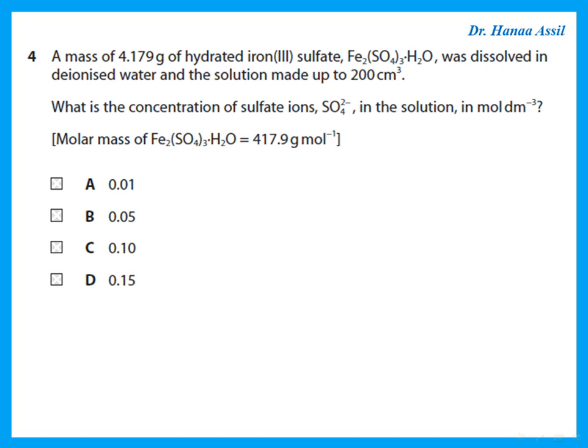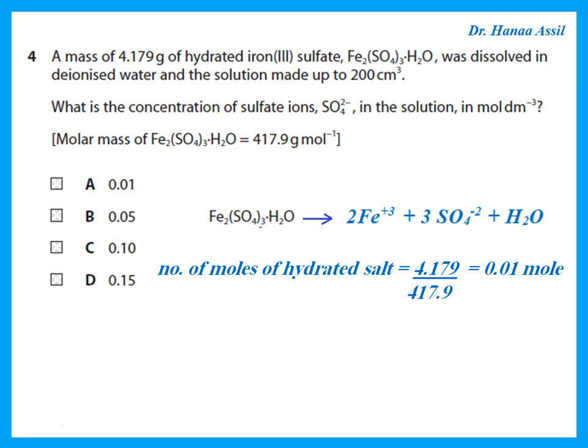What is the concentration of sulfate ions in the solution? Okay, you should realize that if I start with hydrated iron 3 sulfate, when it ionizes, it's going to give 2 moles of iron 3 plus and 3 moles of sulfate ion. So if we have the number of moles of the hydrated salt, the number of moles of the sulfate ions is 3 times that. So let's get the number of moles of hydrated salt,